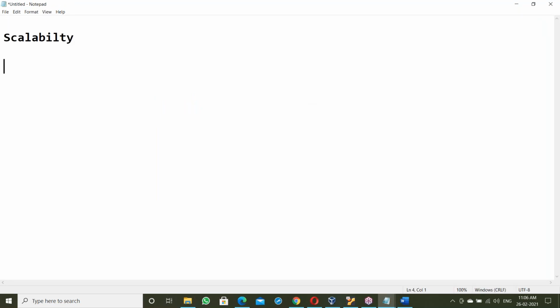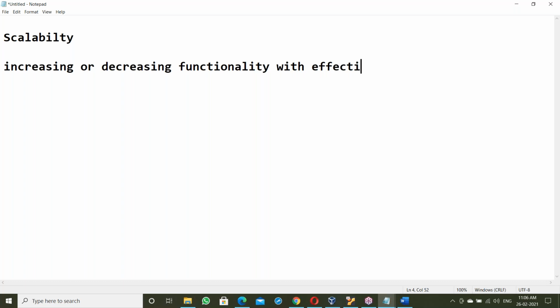Scalability means increasing or decreasing functionality without affecting existing functionality.